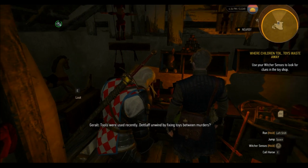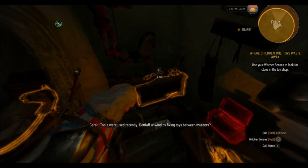Tools were used recently. Detlaff unwinds by fixing toys between...